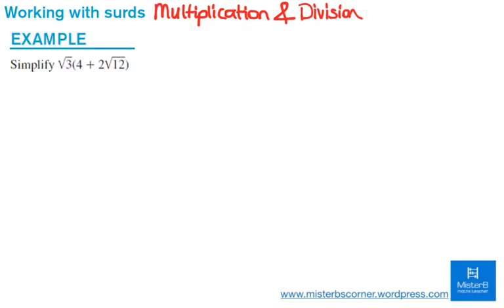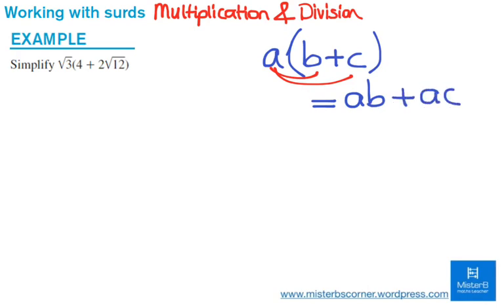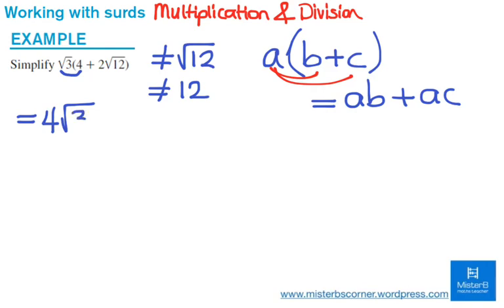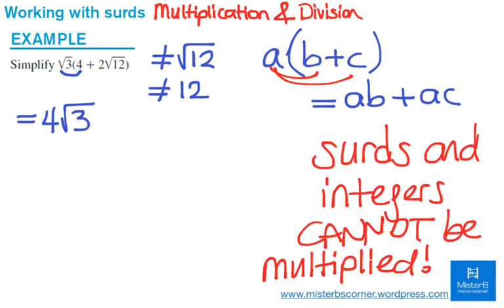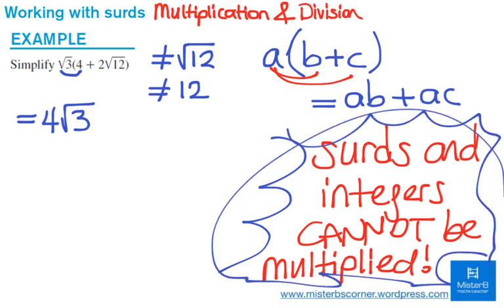Simplify square root of 3 times, in brackets, 4 plus 2 square root of 12. So you know, if you have a number in front of a bracket, like a times b plus c, you just expand the brackets, and you end up with ab plus ac. So that's what we're going to do. Root 3 times 4. Now, this is important because this will not be root 12 and this will not be 12. It will just be 4 times root 3, because surds and integers cannot be multiplied. This is very, very important. It's going to be 4 square root of 3 plus